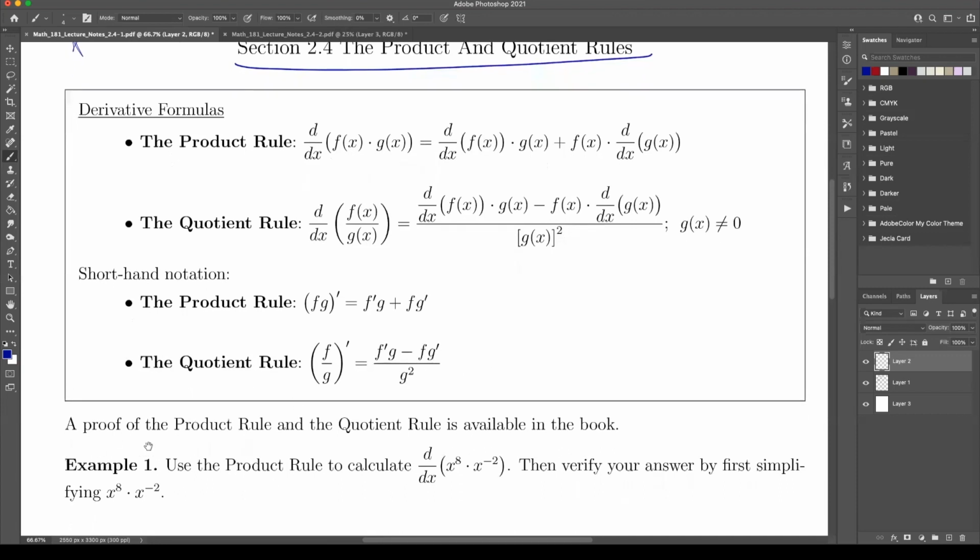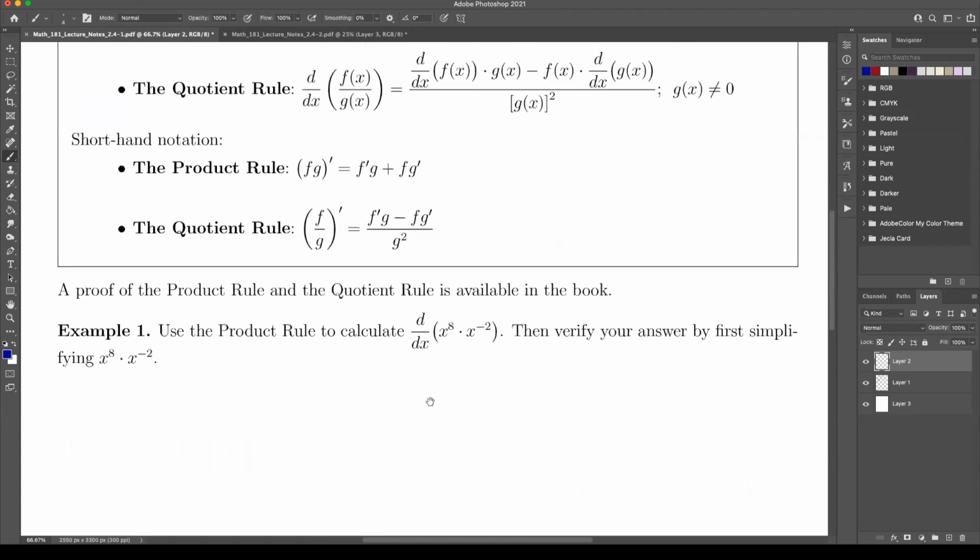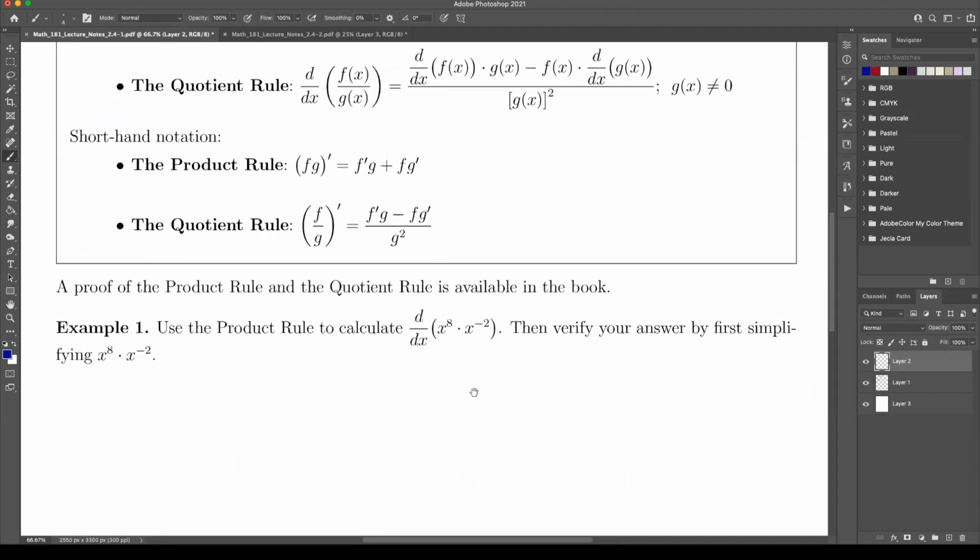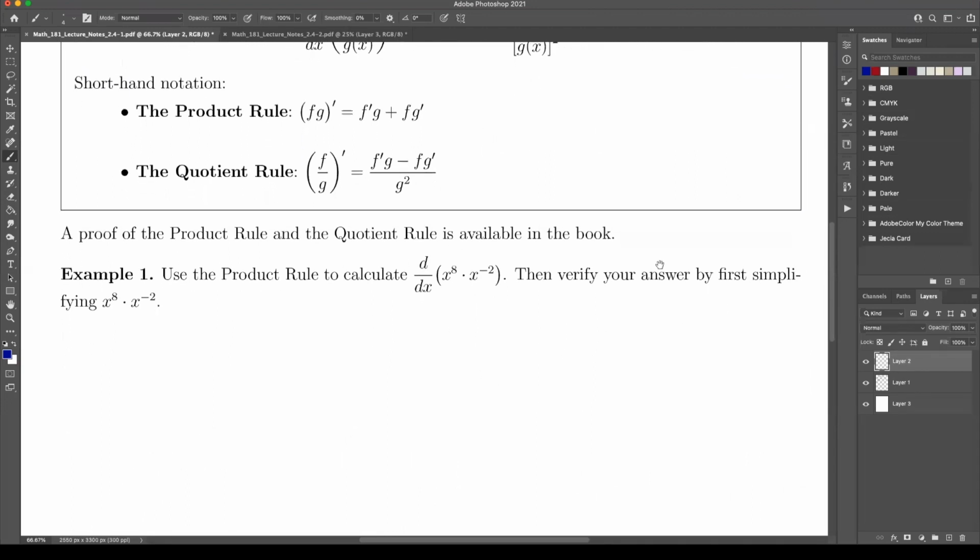Okay. The proofs of these are in the book. Just because of time reasons, I don't go into them, and also because if I went to the proof sheet, you guys might become a little catatonic, not quite understanding what's going on. So we're going to use the product rule to calculate this, and then we're going to verify our answer by just simplifying. Because if I gave you this, you don't need the product rule. You just add these two up, you get x to the 6, and then you just go from there. So let's do the product rule just to kind of